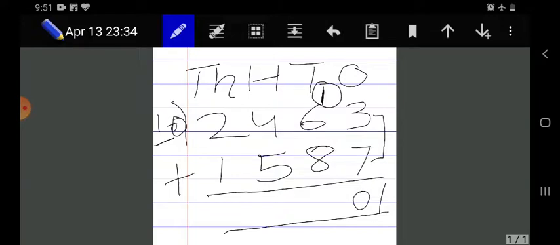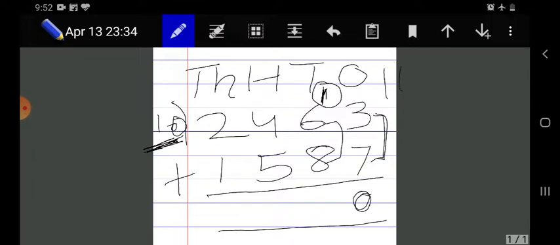When we added 3 and 7, the answer was 10. So the digit at ones place in the addition gives a 2 digit number. So what we have done, we have taken 0 at ones place, and the 1 we have moved to the other place value, that is tens. Again if we add 6 and 8, what will be the answer? It will be 14.